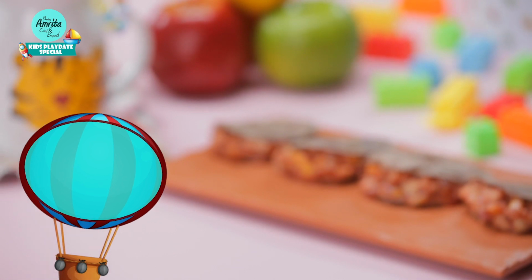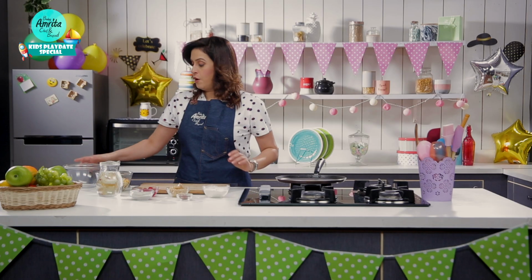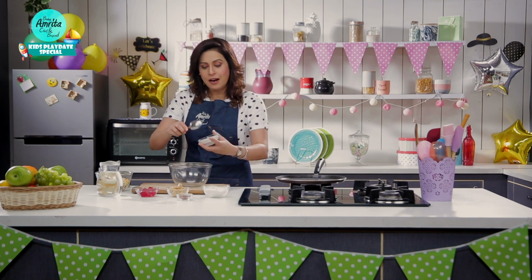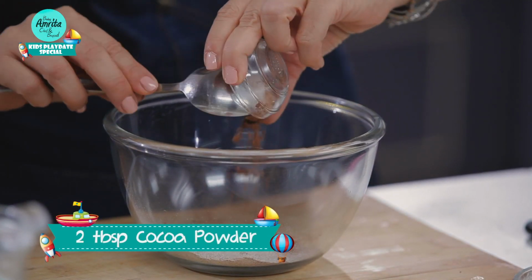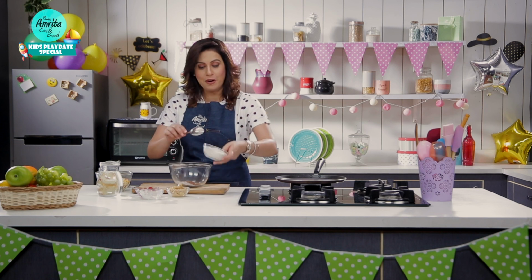So, such a healthy, cute, and exciting recipe coming up for you. Let's make some fruity pockets. Alright, so first I'm going to make the pockets, which are very healthy. I am using Nachni flour to make the dough, and I'm going to add some cocoa powder. Yes, cocoa powder is going to go into this flour, which is then going to turn into the pockets,